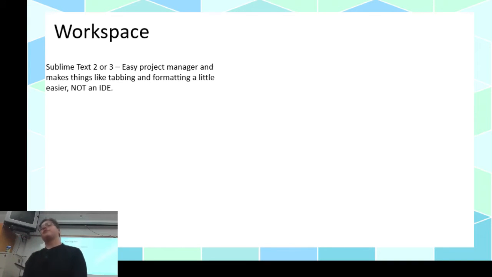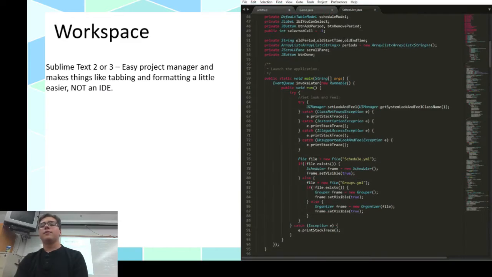For your workspace, for today, nothing really is needed other than Java. But for the next lesson and lessons after that, I recommend getting something like Sublime or Notepad++ running. If you're using one of the school's laptops, I believe they have a portable version of Sublime Text that you can put on a flash drive. This is simply because eventually it's going to get annoying having to space all the time instead of just pressing tab. I know there's ways to get around that, so whatever works for you. Here are just some of my suggestions.